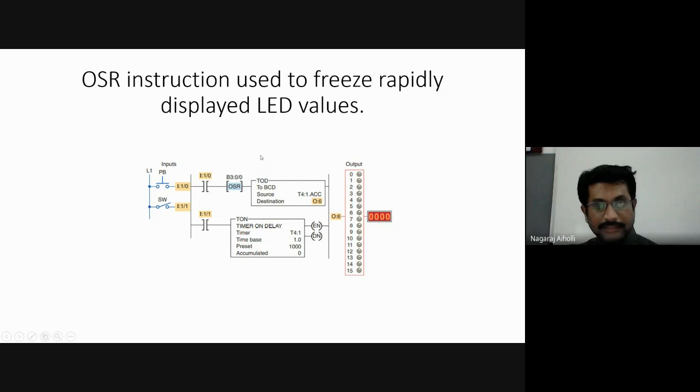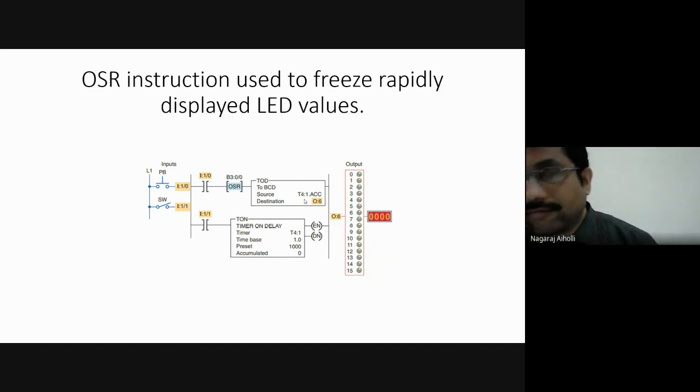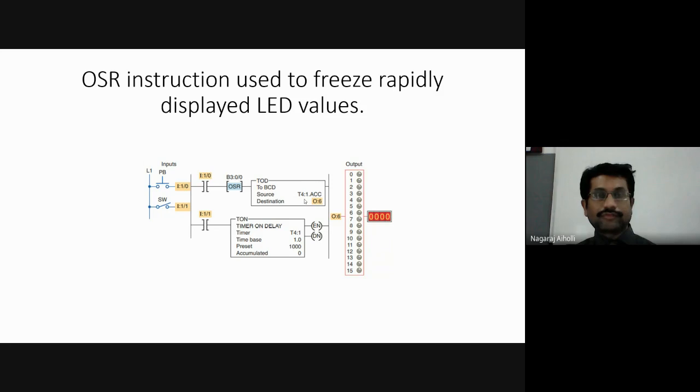Now this decimal to BCD converter, it will convert from decimal value to binary value. The meaning of decimal to binary is, suppose if the value is 1, or say 2, it is written as 8421, 010. The binary value of decimal value 2 is 010. So this is how we are converting from the decimal value to the binary value. Suppose the decimal value is 5, then in binary it is written as 101.